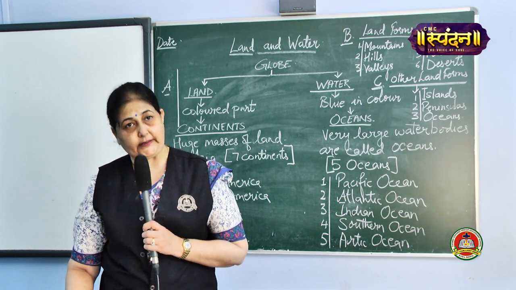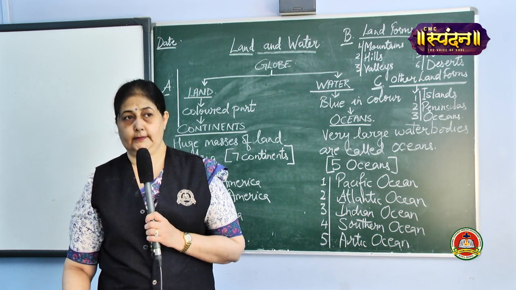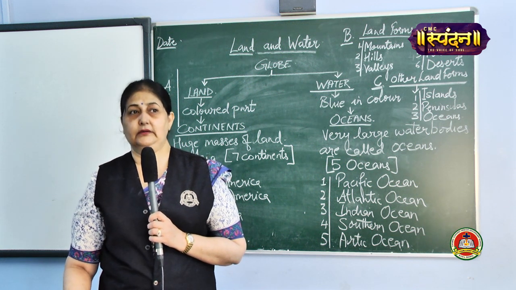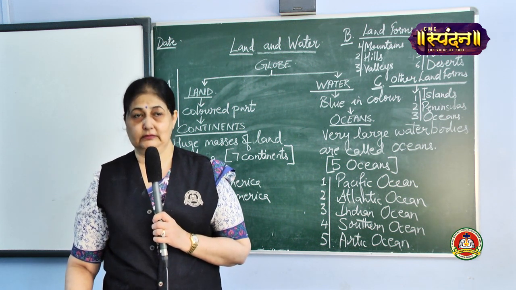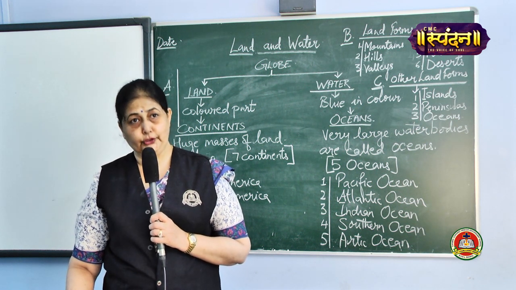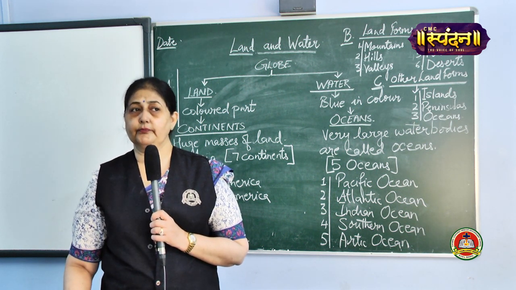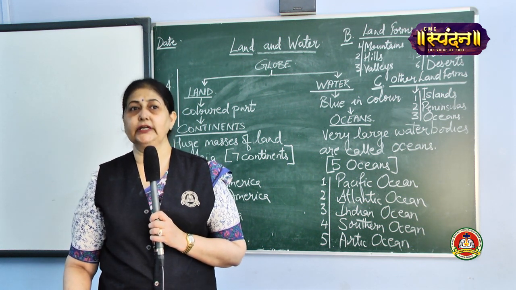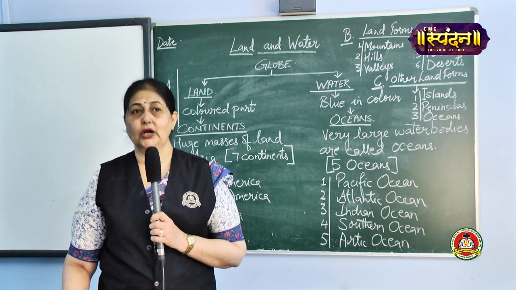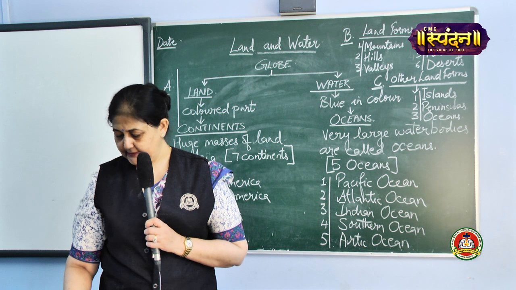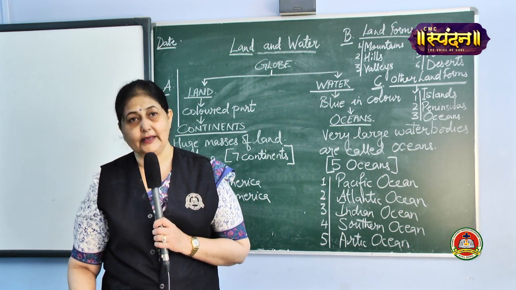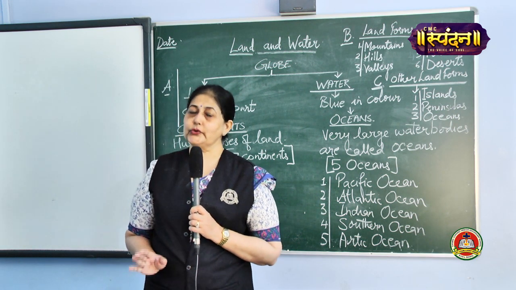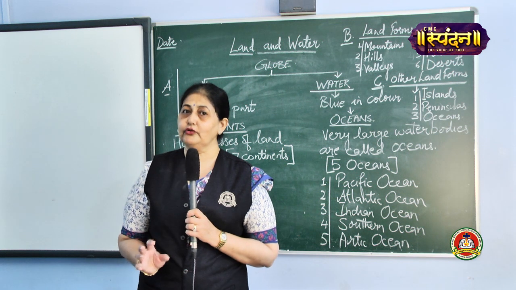They are caused naturally. If the area is hilly, maybe because of the wind blowing in that direction, made the sand or the mud collect in that direction and a hill is formed. Or maybe at another time that hill is washed away because of the rains. So these are naturally caused and destroyed areas. So they are called natural features. Each of these features is known by its different name, like you all have different names. These natural features also have their different names and they have their different qualities.